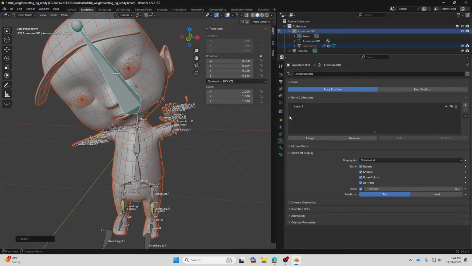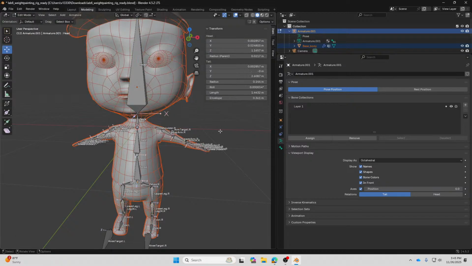Can somebody tell me what's the problem with the earring? Weight blending. Now how to fix this? This is to test you. Now if you see this problem, how do you inspect the problem, how do you find the way to fix it? What do I need to press here to be able to find the problem with the earring? Edit mode. Now you're gonna be my ChatGPT for today. Edit mode. Okay, what else?